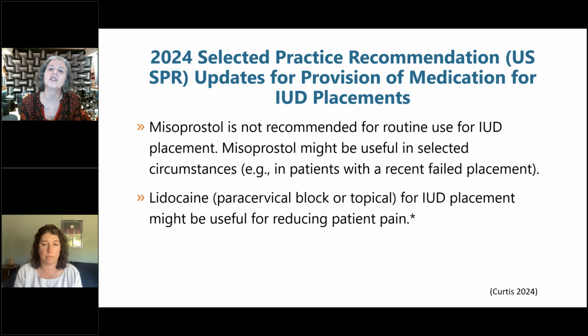So that's really the circumstance under which you'd want to do it, not for somebody just because they were nulliparous or because you thought that they seemed to have a very tight os. If you're able to get past it without having them come back, that is by far preferable. Yes, absolutely. And then the other part of the updated recommendations is that lidocaine, either administered via a paracervical block